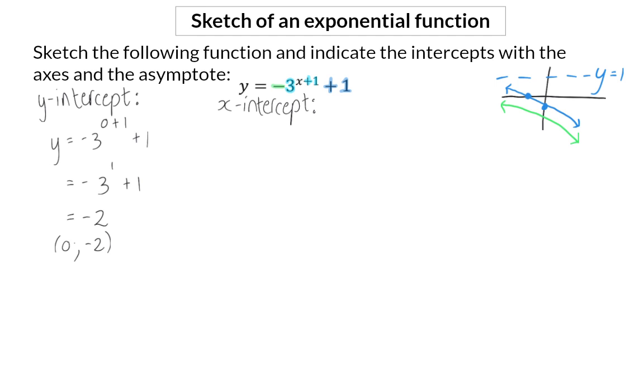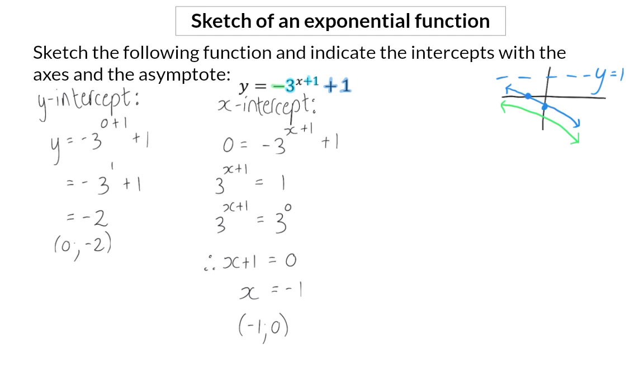To calculate the x-intercept, I will change the y value in the equation to 0. And now I will take the minus 3 to the power of x plus 1 and add it on the left. Now I need to get the base numbers the same to solve x in the exponent. To do this, you need to know your exponents and know that 3 to the power of 0 is 1. And because the base numbers are now the same, we can say that the exponent on the left is equal to the exponent on the right, which means that x is equal to minus 1,